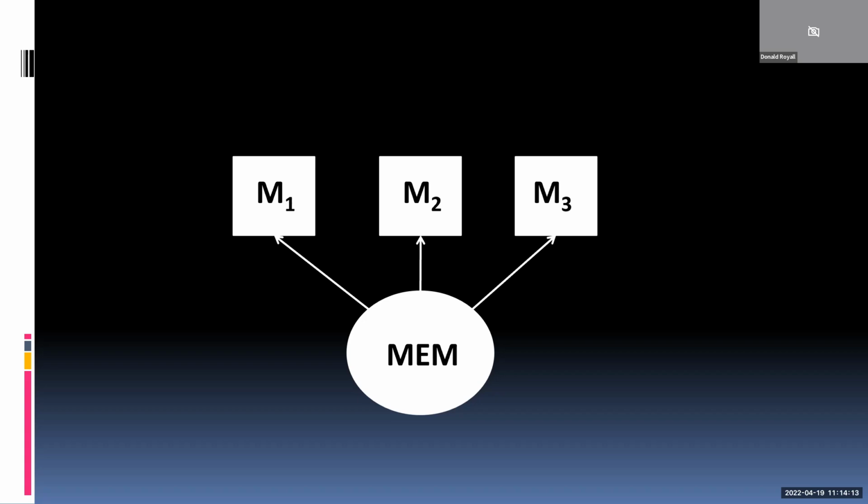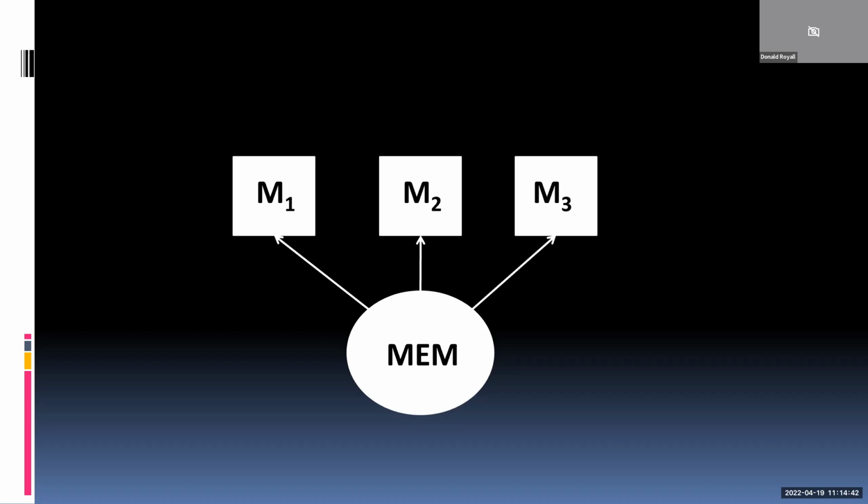So we can imagine memory in the sky, an artificial construct memory function, which is manifesting in this battery of 3 different observed memory tests. But another advantage of structural models is it forces you, the model builder, to account for 100% of the variance in your observed measures. Otherwise, the model won't fit well.